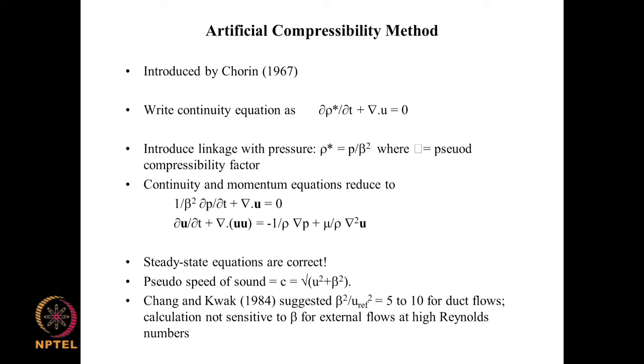They are not correct for incompressible flow because of this term here, 1 by beta square dou P by dou t. So that is something that we have artificially introduced, but assuming that this is okay, we can now see how we can proceed with the solution. We solve the continuity equation for P. It is like the previous continuity equation where you have density variation dou rho by dou t. So in a similar way, we can solve this equation for P, or we can solve this equation for rho star, and then once we have rho star, we can get P provided we have beta.